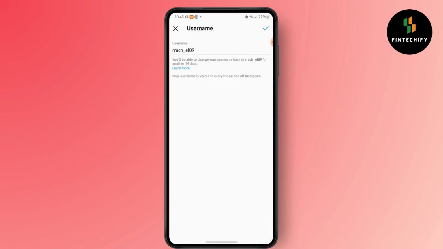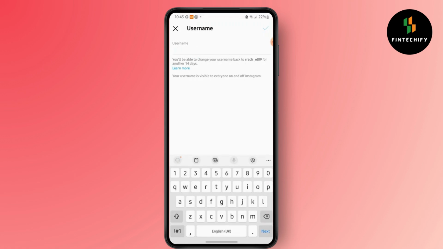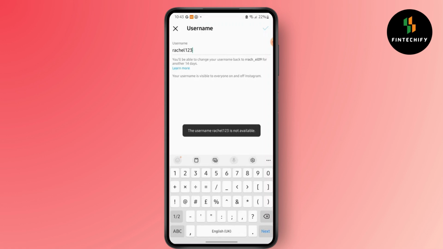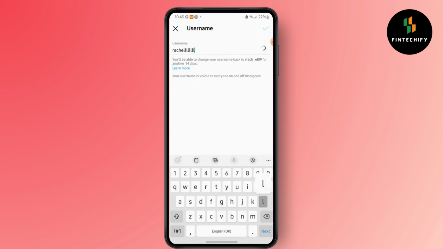option of username. Simply delete the username you have and then enter a new username that is not already existing and that also follows the username guidelines in your Facebook. So what you will have to do is make sure you have a perfect username for here like this,